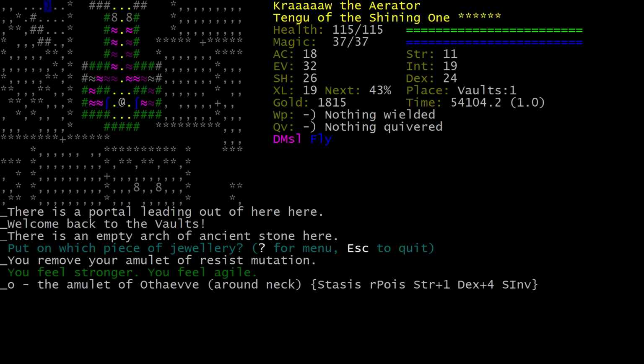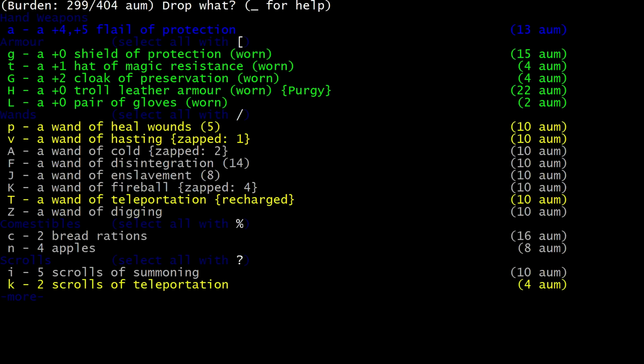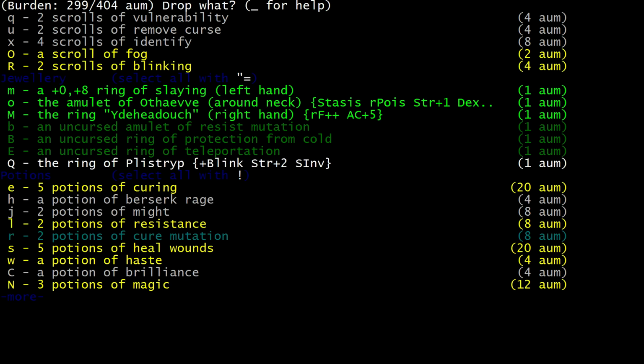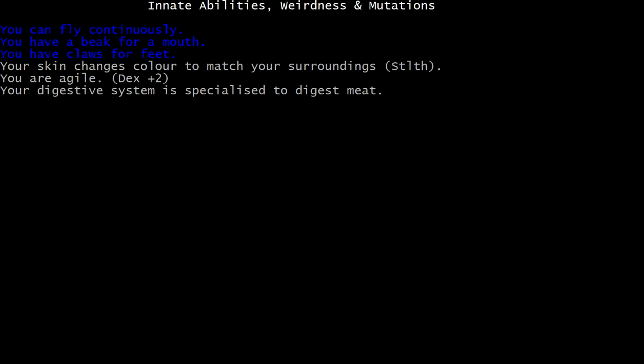We'll put back on our good amulet. We got, I don't know, a couple of books that we don't even really want to carry around. And some more stuff besides. We got a slightly better mutation set. Let's drop our cure mutations here too, just to have them around. In fact, I should probably make a secondary...